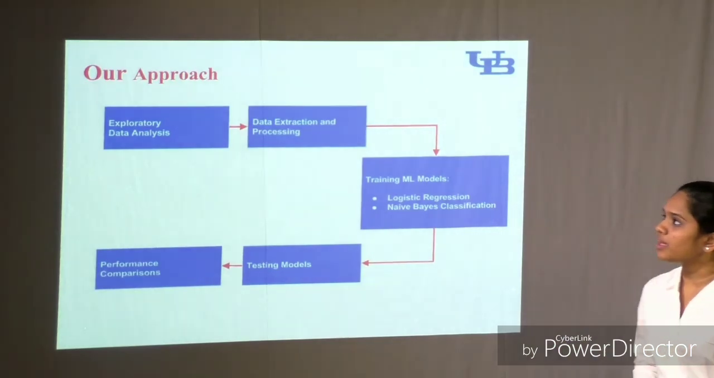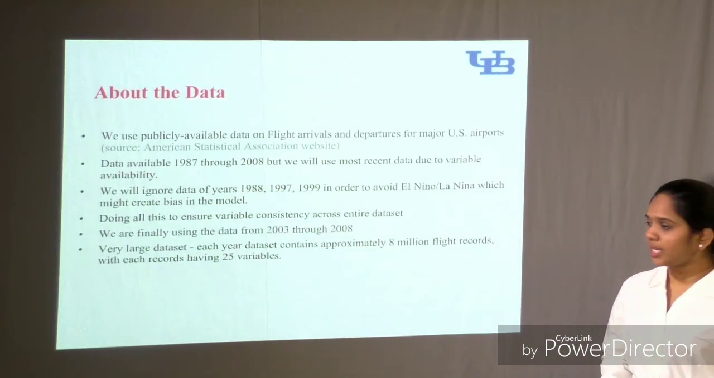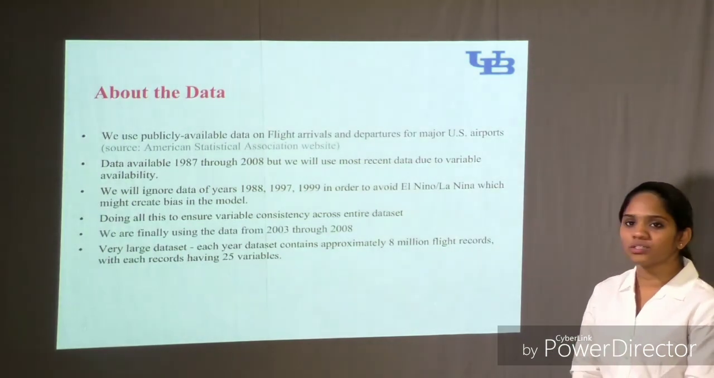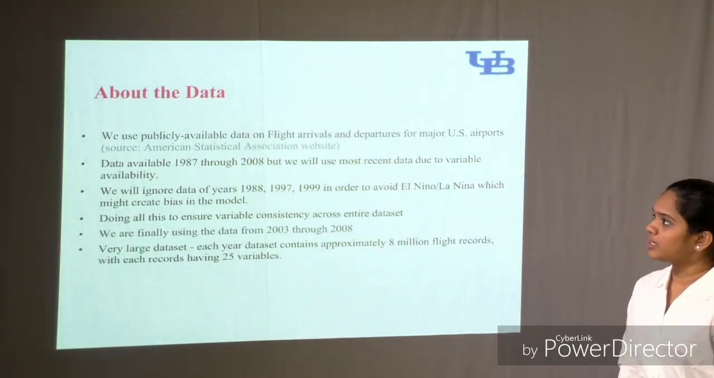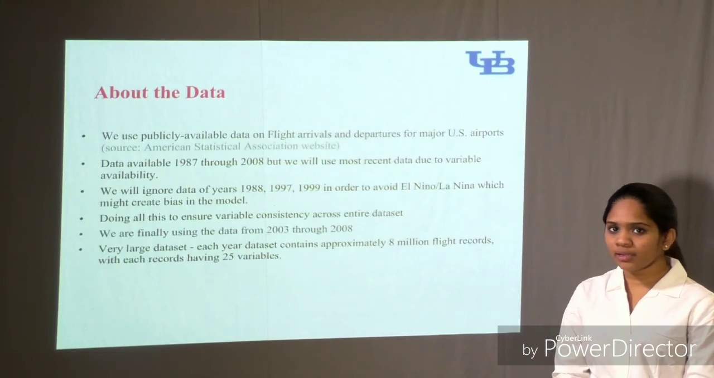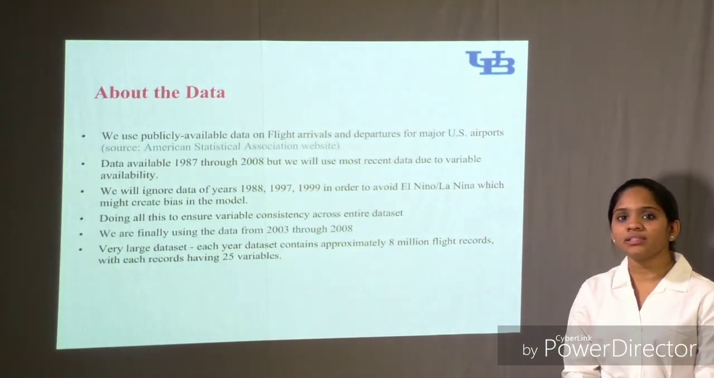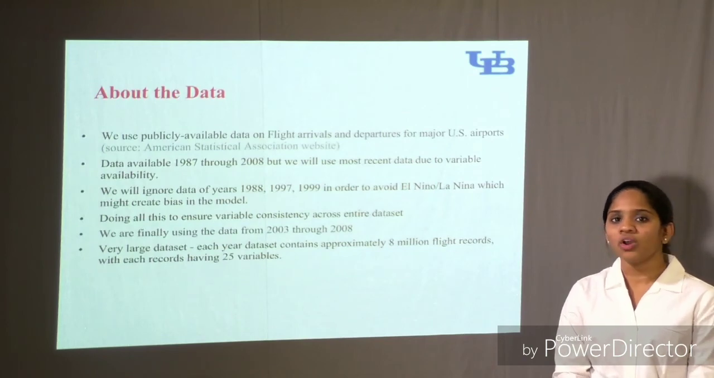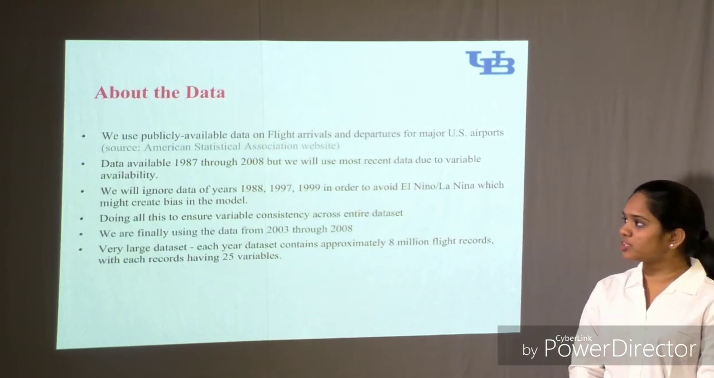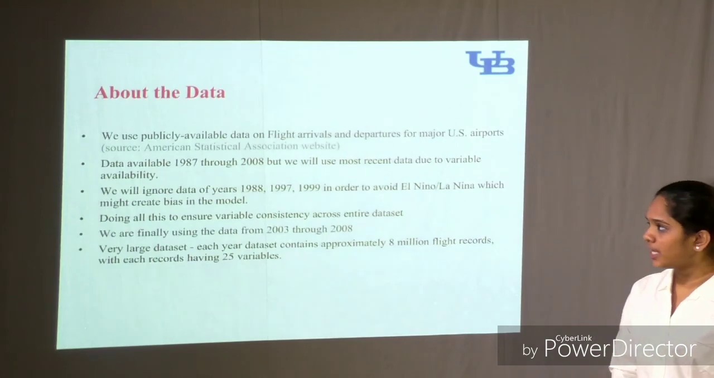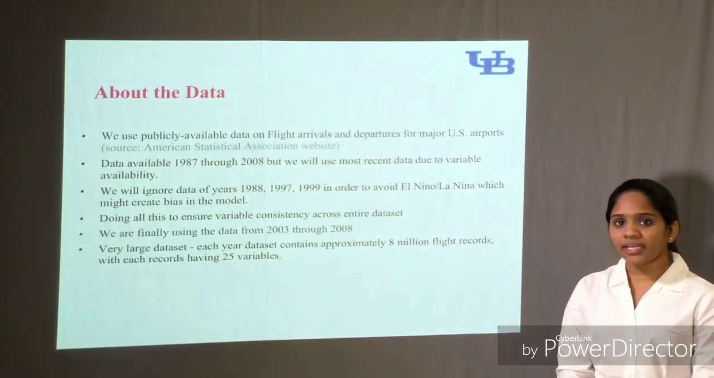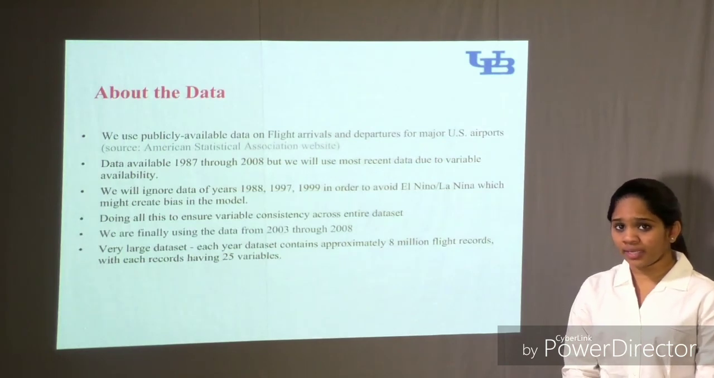And then coming to the data that we've chosen, it's taken from the American Statistical Association website, and this is publicly available data, and this website contains information about flight arrivals and departures of almost all the US major airports. And the data that we chose contains records from 1987 to 2008, but we're going to choose